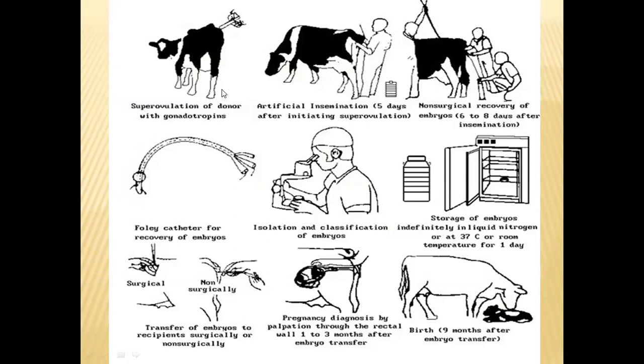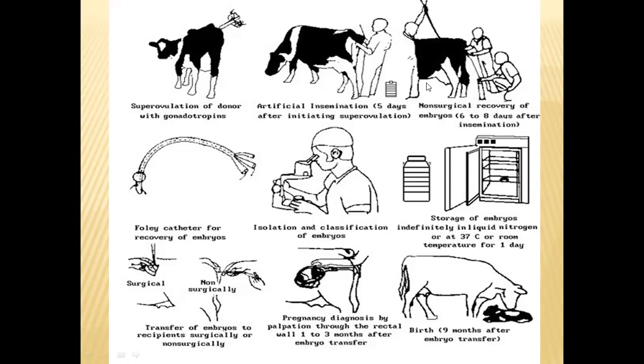So what is the procedure that is followed in this MOET? We can see it in this slide. First, superovulation will be done in a donor cow, and some gonadotrophins will be injected, so that with the help of these gonadotrophins, it will produce a lot of eggs at the same time. After this injection of gonadotrophins, after 5 days, artificial insemination will be done. They will introduce semen into the uterus of this cow, and 6 to 8 days later,